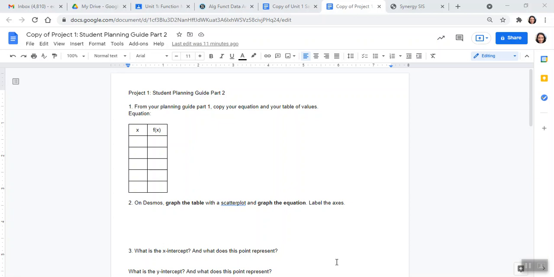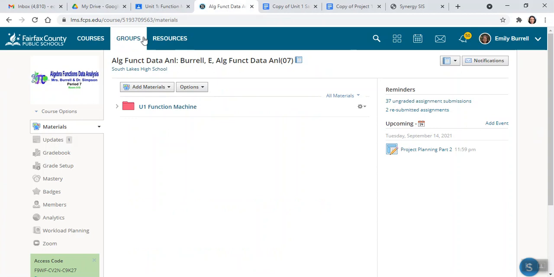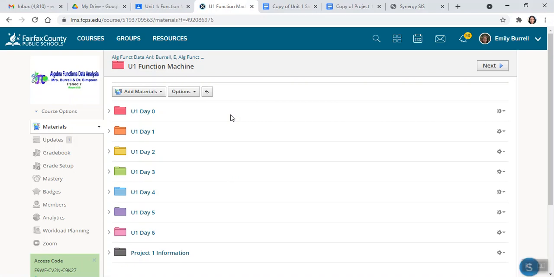So the first thing you need to do is find your project planning guide part 2. In Schoology, you're going to go to the Unit 1 function machine. All right, and then part 2 should be in Unit 1, Day 6. So you'll open your assignment,